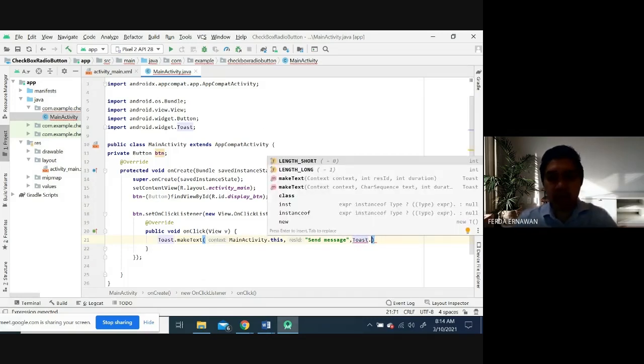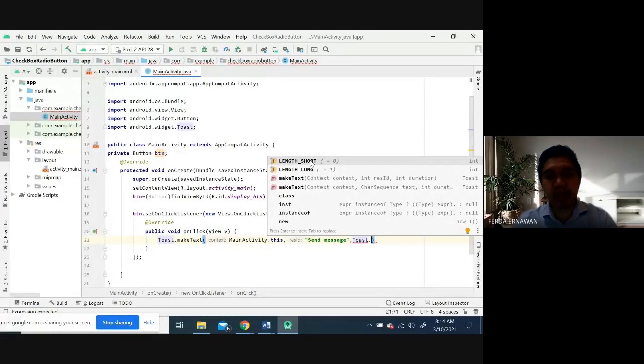You can select length short or length long. The difference is that length short just pops up a shorter one, and length long stays a few seconds.